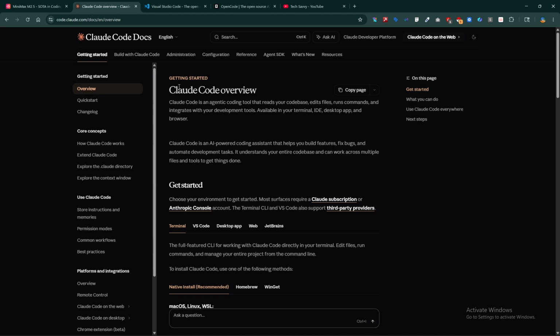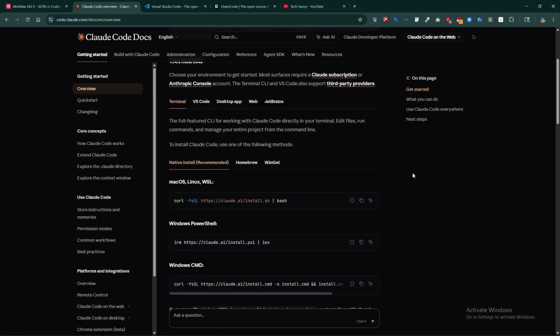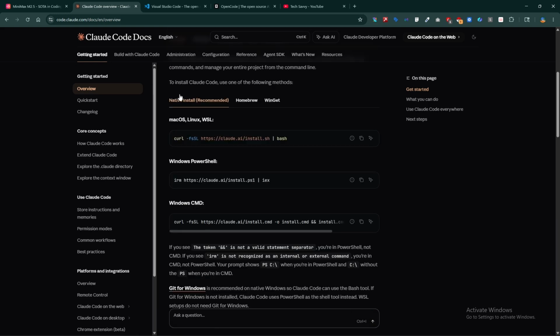So to install Claude Code, you have to come to this website, Claude Code Docs, and you can search Claude Code Docs on Google. It will take you to this website, and you have to scroll a bit and see these options, right? So some installation instructions, you have to select whatever system you're using. If you're on Mac, you have to copy this code, and as I'm using Windows, I'm going to install Claude Code through PowerShell. I will be using this